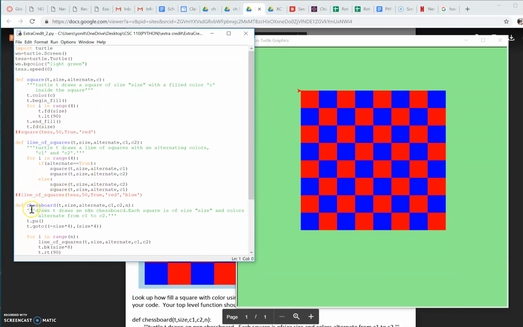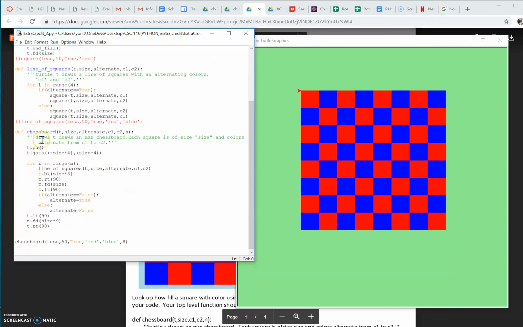And then for the next one we need to do 8 of them, 8 rows, which is 8 lines of squares. So I define the chessboard with t for the turtle, size SZ, alternating colors C1, C2, and then 8 times, which is N. And so after the turtle draws the square,